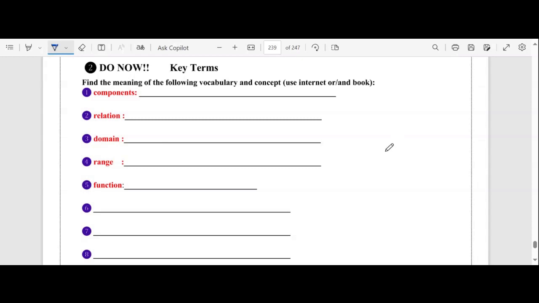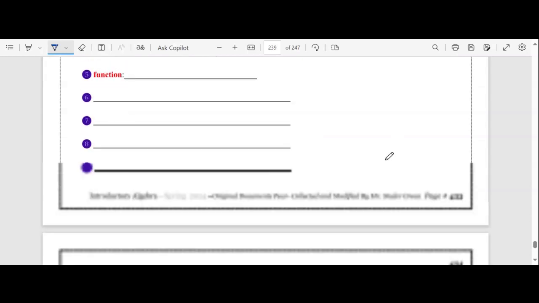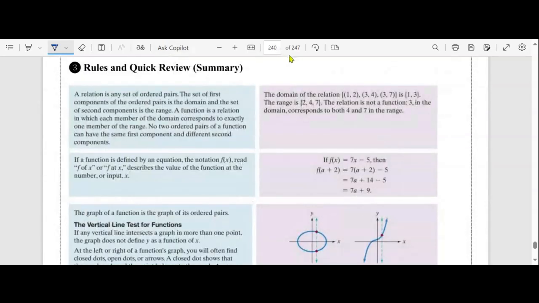Okay, are you done? So, okay, now let's take a look at the summary for this lesson. A relation, what is a relation? Relation is any set of order pairs. The set of the first component of the order pair is the domain, okay, and the set of the second component is the range. So take a look at this example here. It said the domain of the relation,